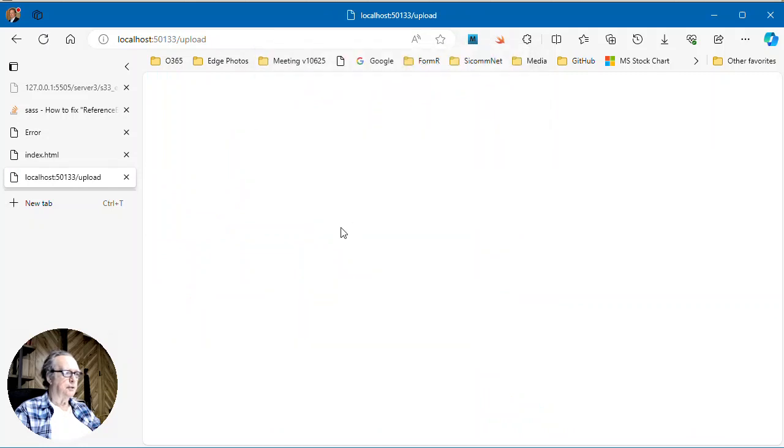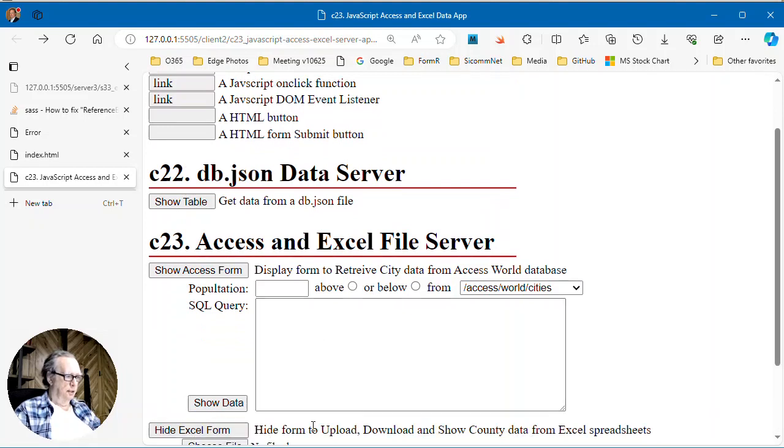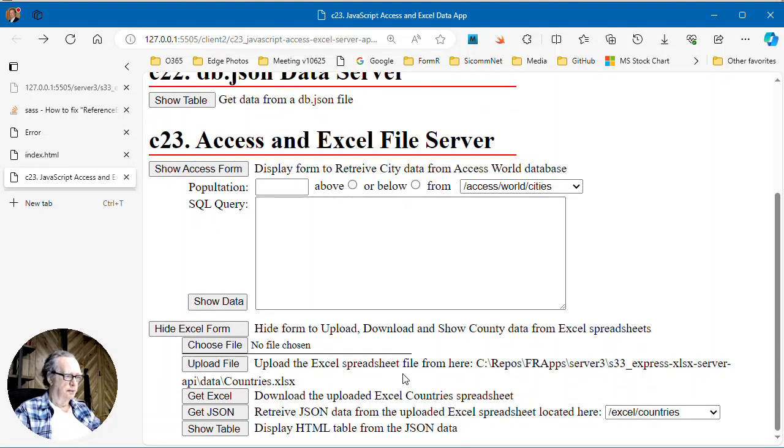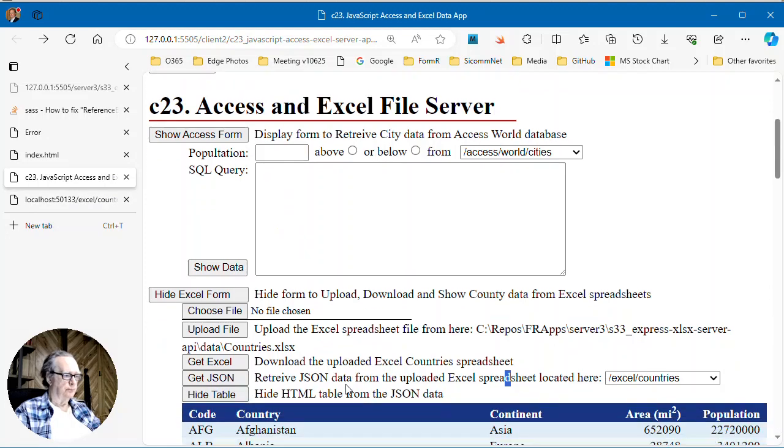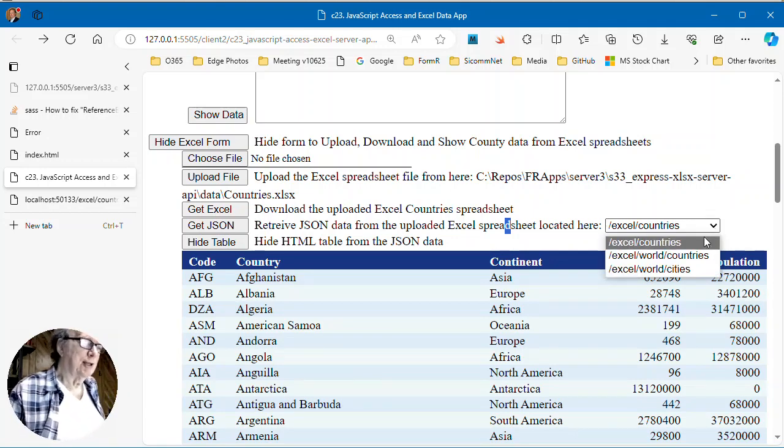It says it's been uploaded. You have to go back. And then, so we uploaded it. We have to get the JSON from the table. So there's the table. But I need to modify this pull-down list so that it knows to get it out of this